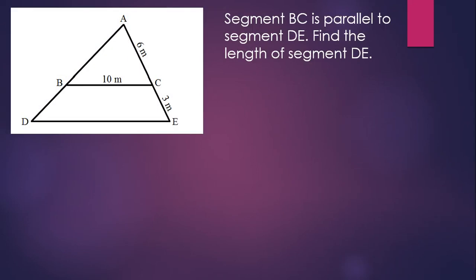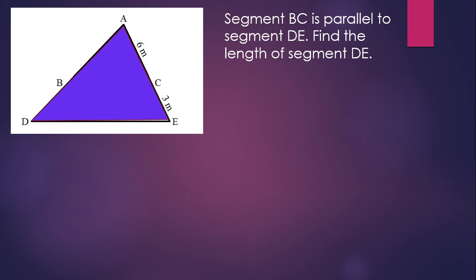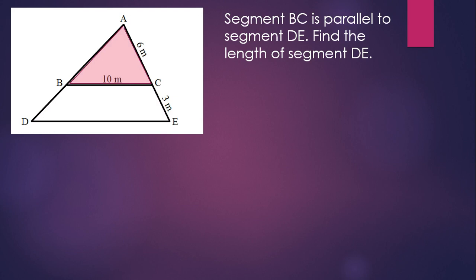Segment BC is parallel to segment DE. Find the length of segment DE. Well, since we have these two parallel segments that are being cut by two transversals, we have two similar triangles that are formed. This triangle, ABC, is similar to this triangle, ADE. So we'll be able to set up some equal ratios, some proportions that we can use to compare the lengths